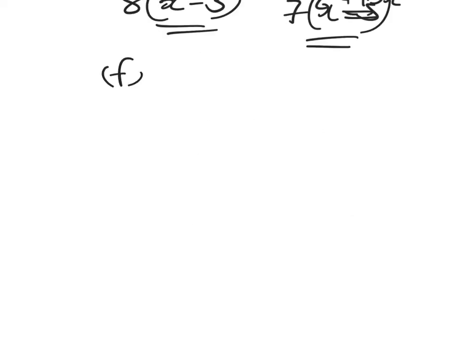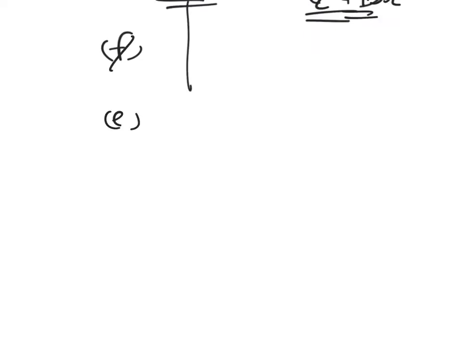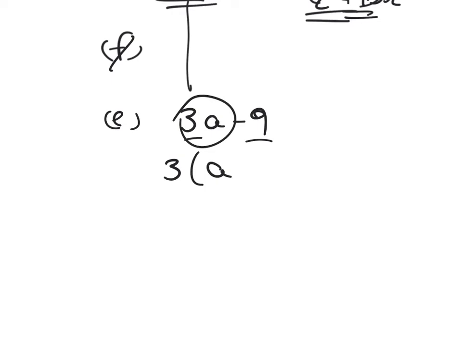Okay, let's look at part E. 3a minus 9. From 3 and 9 I can take 3. 3 times what gives me 3a, that's a. 3 times what gives me 9, and that's 3, and there's a minus in the middle. 3 bracket a minus 3. Part F,